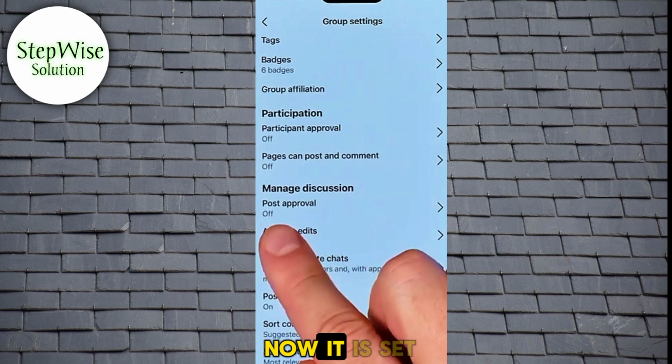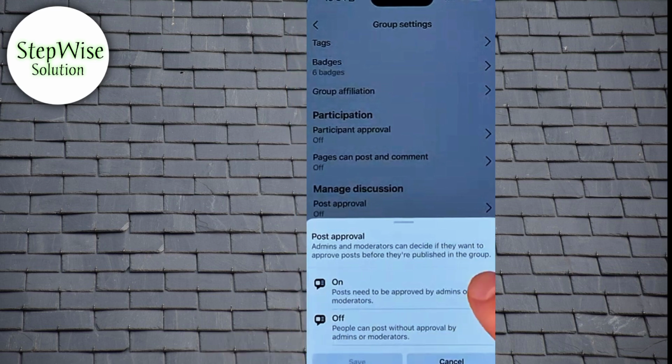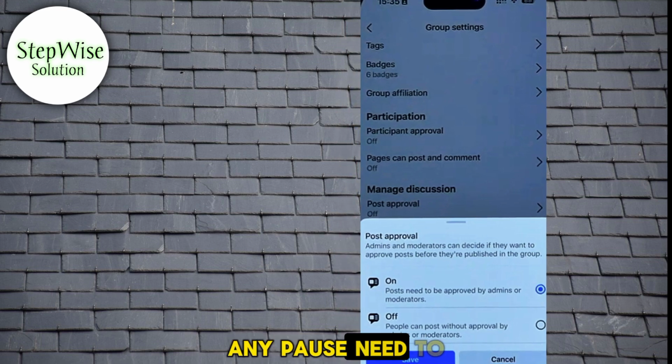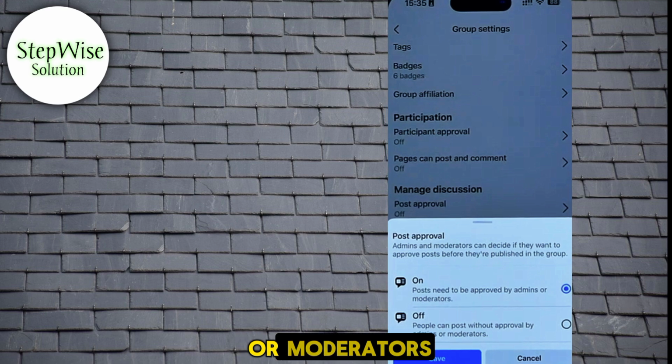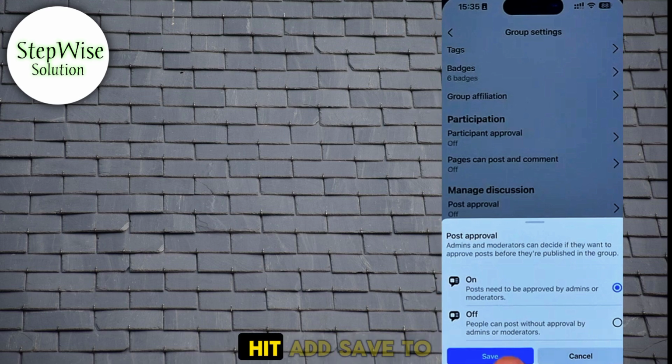As you can see, now it is set to off. However, we can easily change it by turning it on. In that simple way, if this feature is enabled, any posts need to be approved by admins or moderators before they are published in the group. Just don't forget to hit save to